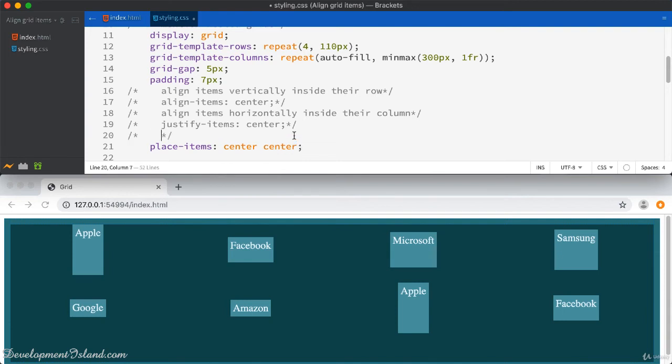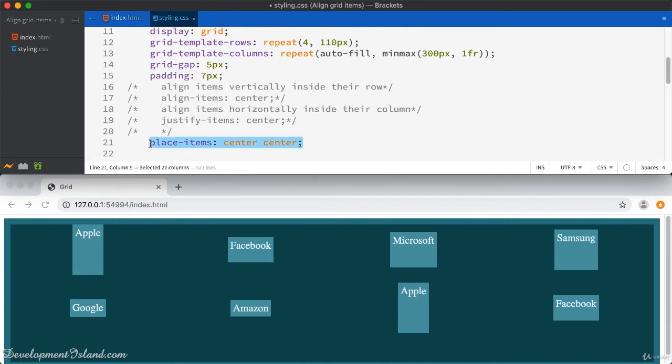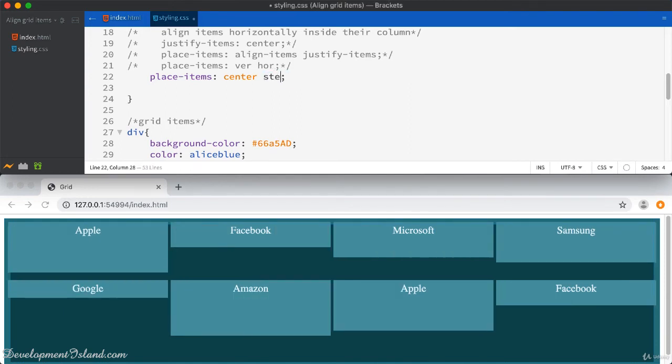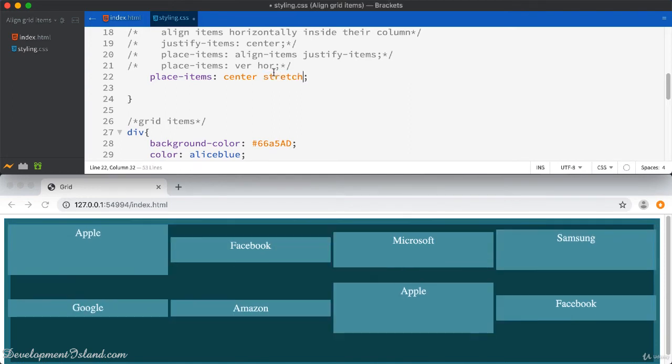So what place items does is that it sets the align items and the justify items. And just make sure that you remember the order. And the direction is vertical, then horizontal. All right. But if I change this to stretch, for example, then horizontally, my items are going to be stretched